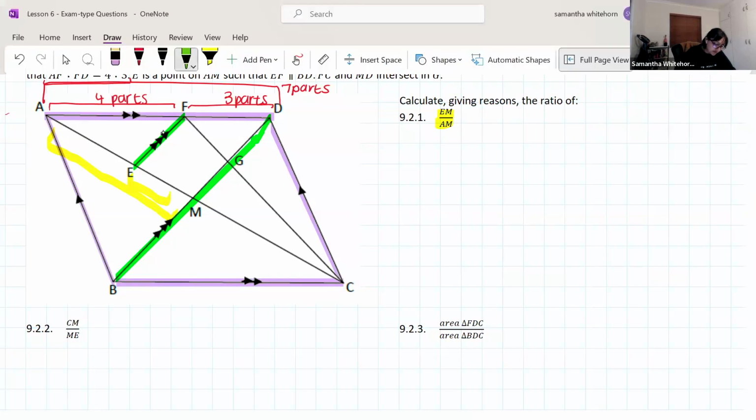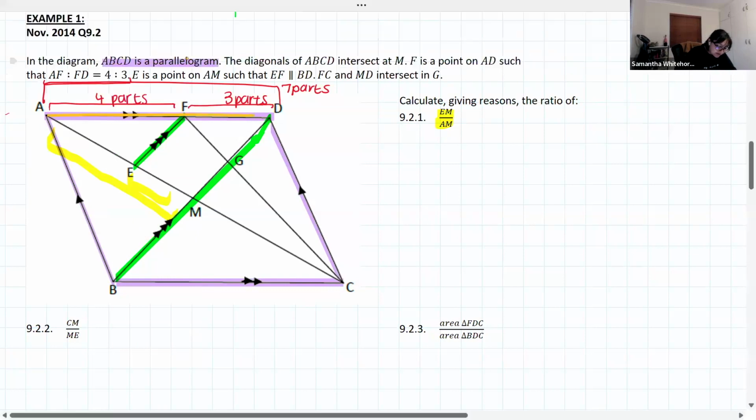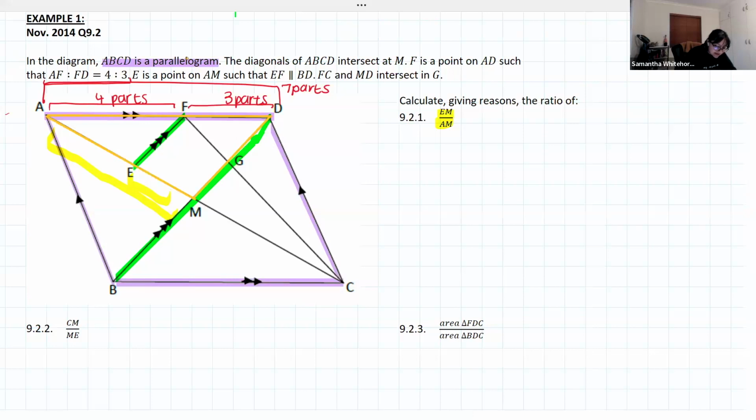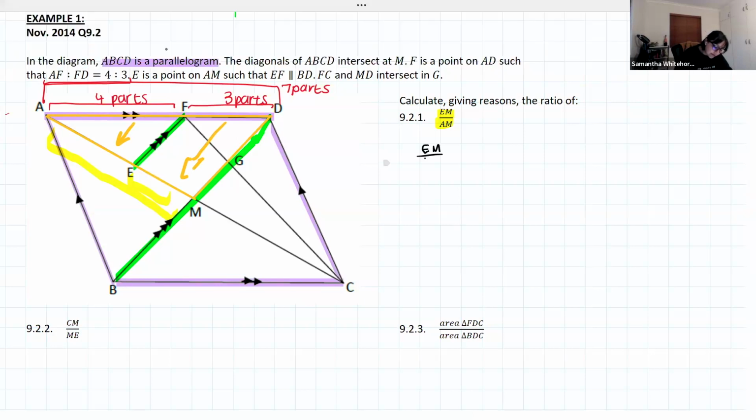And the information you were given here that is going to help you was this AF to FD ratio, because hopefully what you can see in this yellow triangle is that AF is in proportion to AE and FD is in proportion to EM, which means that we can set up, using proportionality theorem, the ratio for EM to AM. Okay, so we know that EM over AM,